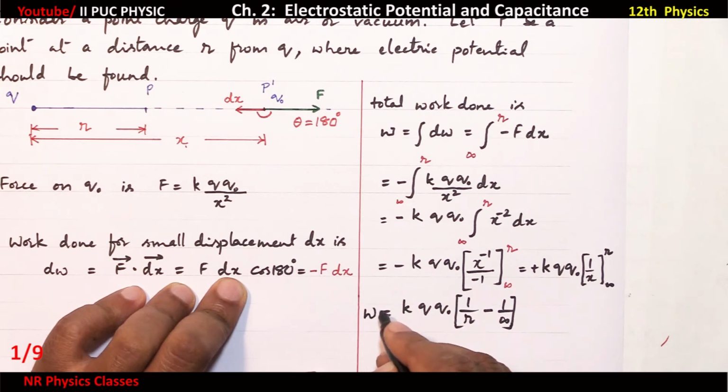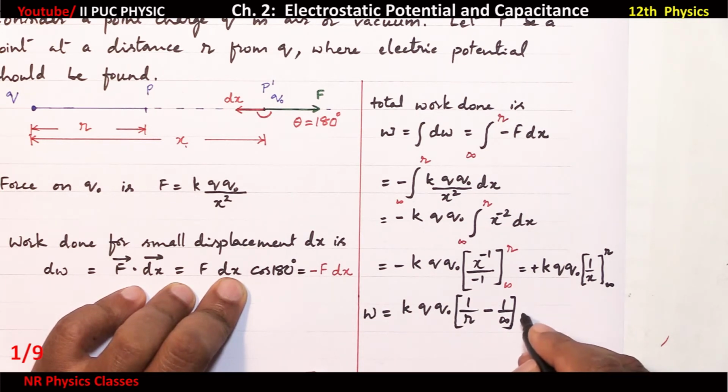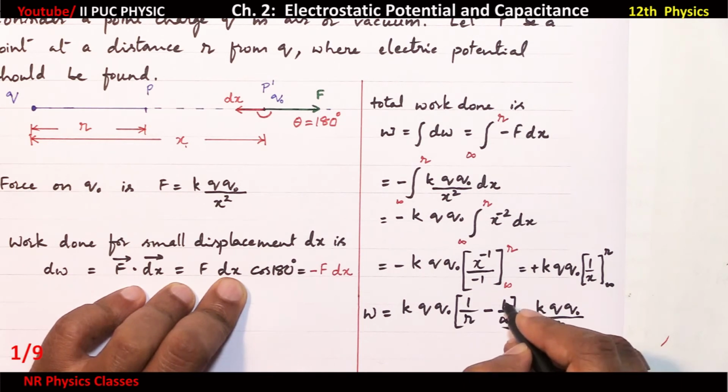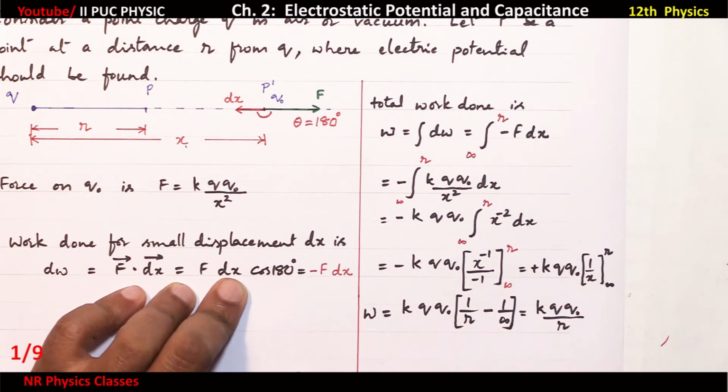This is work done, equal to constant q naught by r. 1 by infinity is 0, very close to 0. 1 by a very large number is very close to 0. That is the meaning of 1 by infinity being 0. By definition,